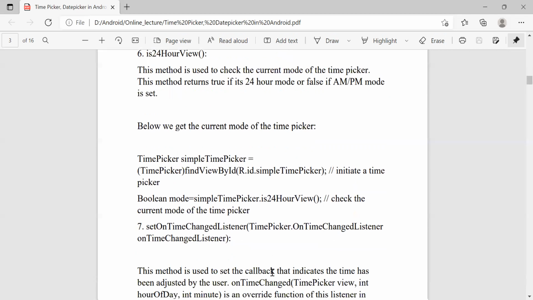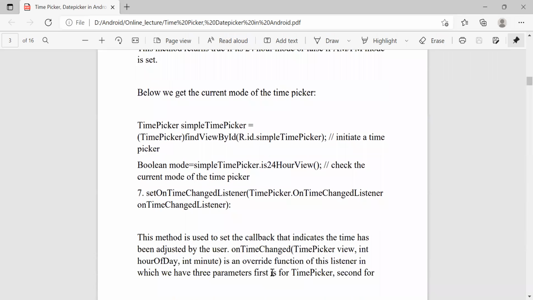Then next is setOnTimeChangedListener. This is the method we call whenever we want to set the time. This method is used to set a callback that indicates the time has been adjusted by the user, or onTimeChanged. So whenever we want to set the time, for example, if you want to set the hour and minutes of our time picker control, at that time we use the setOnTimeChangedListener method.